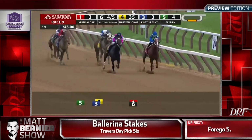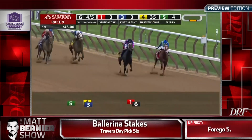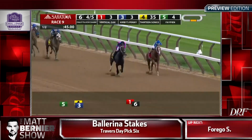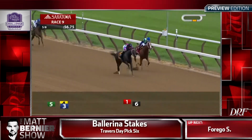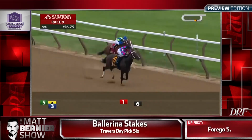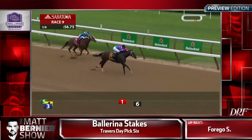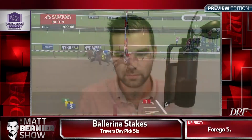Half they're into the stretch. Finley's Lucky Charm on the outside, and a stubborn Vertical Oak at the rail. The two of them arrive at the 8th pole with Finley's Lucky Charm in front. Opening up now from Vertical Oak at the 16th pole. The others have been left reeling behind. Finley's Lucky Charm scores in the Honorable Miss by 2.5 lengths. Vertical Oak was...